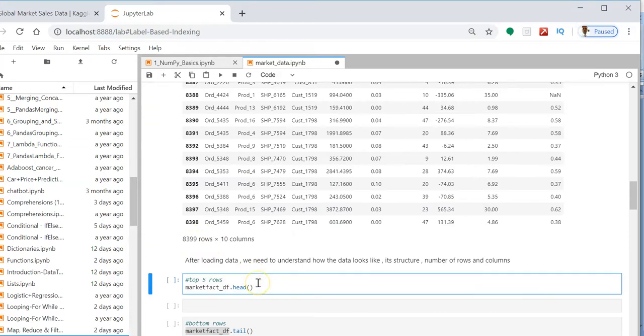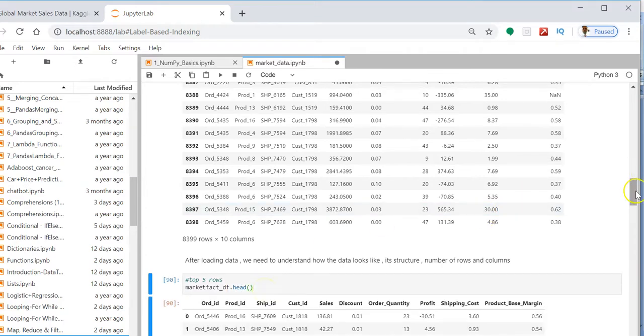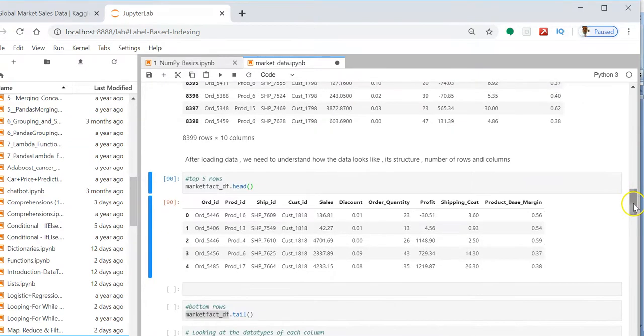If you want simply a glance at the data, you can make use of the head function. The head function returns the top 5 rows. Each row is addressed by an index: the first row is 0, and the last, fifth row is addressed by the index 5 minus 1, which is 4. The columns are addressed by their actual column names.